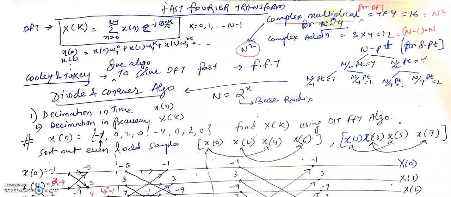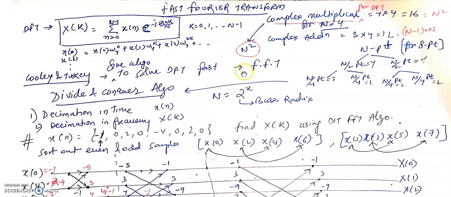Why is this needed? Because we have to configure the multiplier and adder in such a way that this DFT can be computed for practical implementation. But the order of complexity of this DFT computation is very high. So there are two men, Cooley and Tukey. They gave an algorithm to do this DFT in an efficient and fast way. So it is the fast Fourier transform.